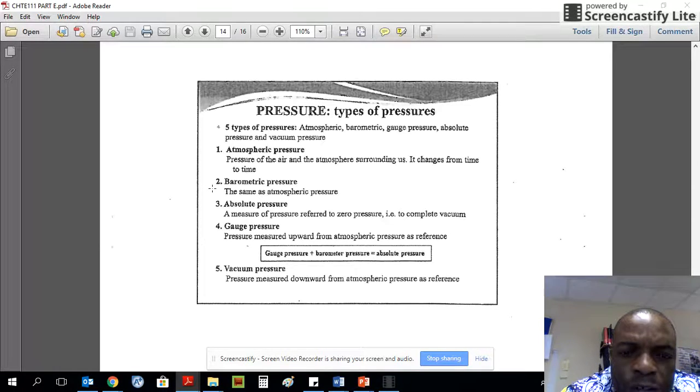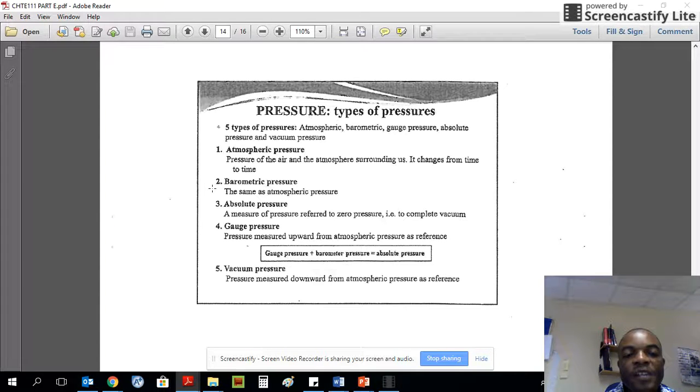Number 3, absolute pressure. By absolute pressure, we mean the pressure which is measured with respect to complete vacuum, with respect to zero pressure. When the reference pressure is 0 kPa or 0 Pa or 0 psi, then the value of pressure that you have with respect to 0 is called absolute pressure, whereas gauge pressure